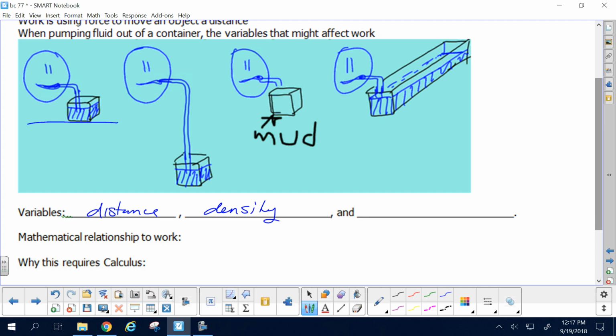The third condition: the volume, how much needs to be pumped. Now, in terms of math relationships to work, are those direct or inverse? Let's go with distance. The greater the distance, the greater the work, or the greater the distance, the less? The greater. So that's a direct relationship. What about density? The greater the density, the greater the work, or inverse? Direct. And what about volume? Direct or inverse relation? Direct. So it's three direct. That means joint variation, which is to say work depends on distance, density,